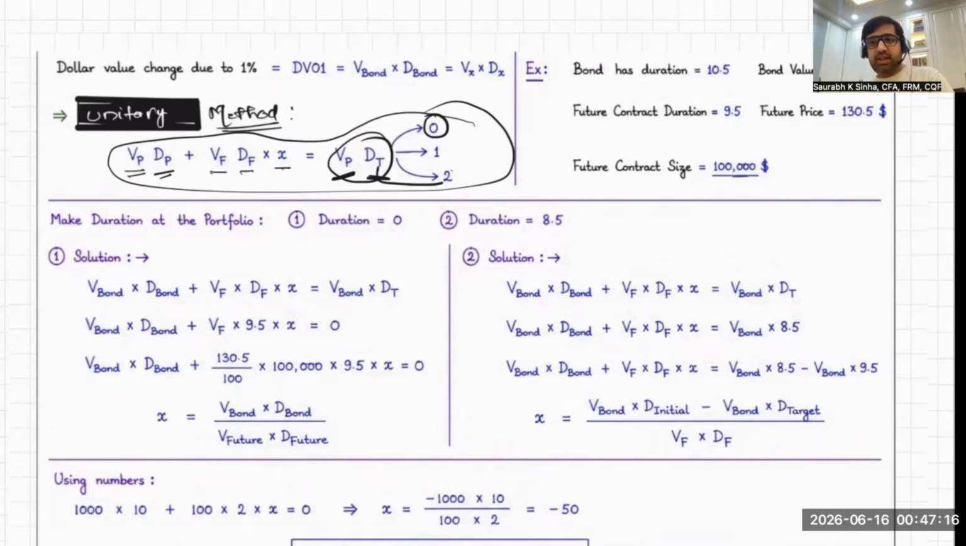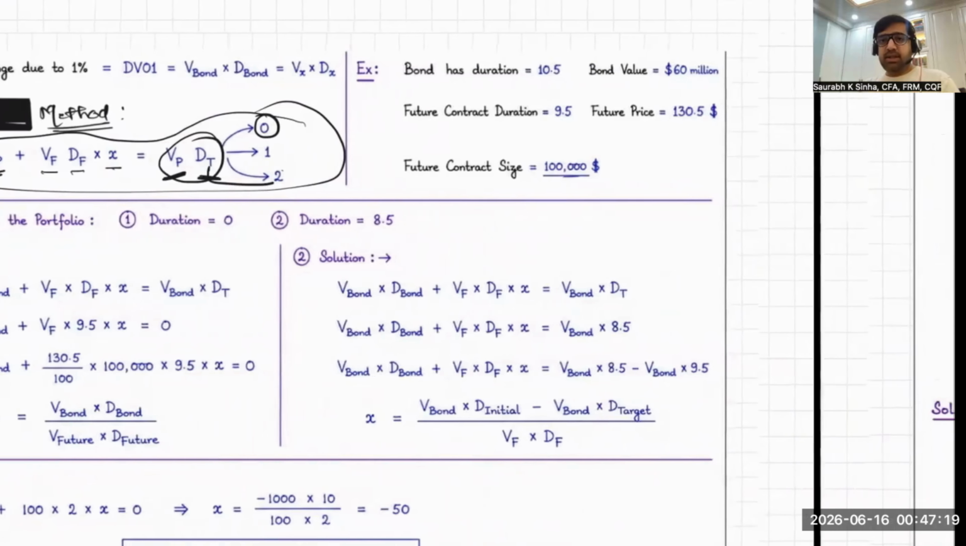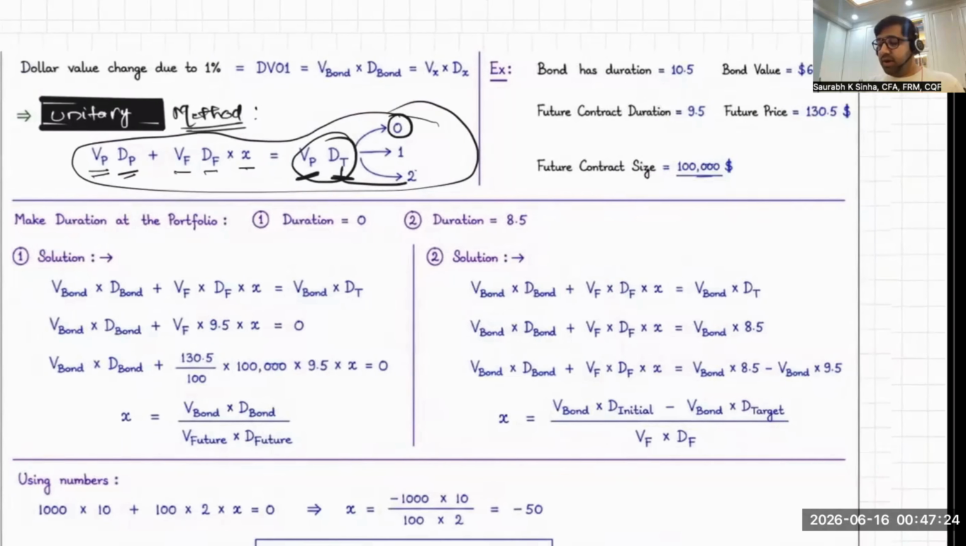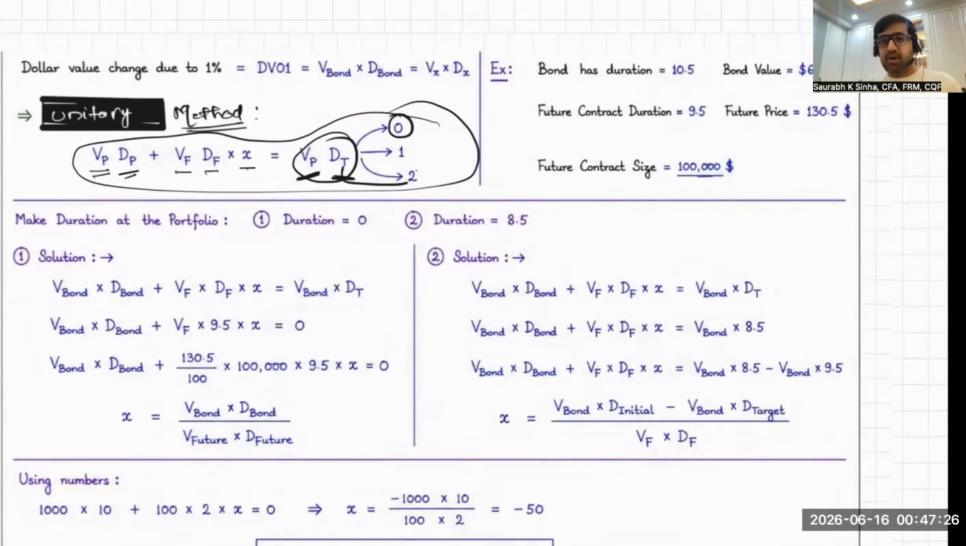Okay, now let's see the example. The example that is given is: the bond has a duration of 10.5. The bond value is $60 million, that is the price of the bond. The duration of the future contract is 9.5, and the future price which is written here is